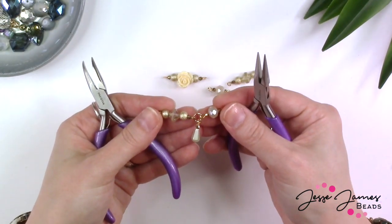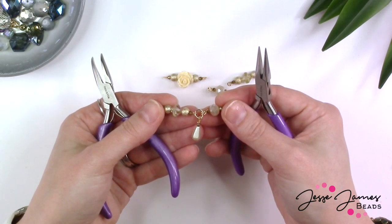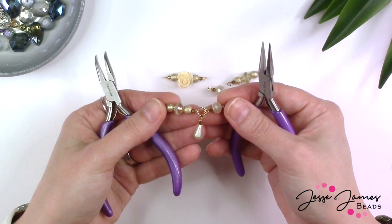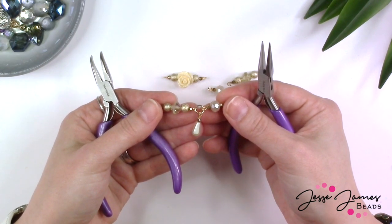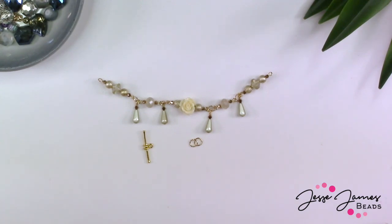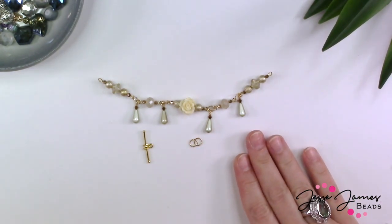Now you can see where the beaded links are going to come together with that 6mm jump ring, and that dangle that we have created is just going to add some extra movement to the bracelet. So now we want to repeat these steps, linking together all of our beaded links and adding our dangles in between. Once you've connected all of your beads together with your 6mm jump rings and included all of the dangles,